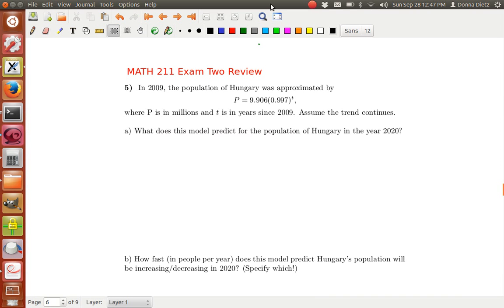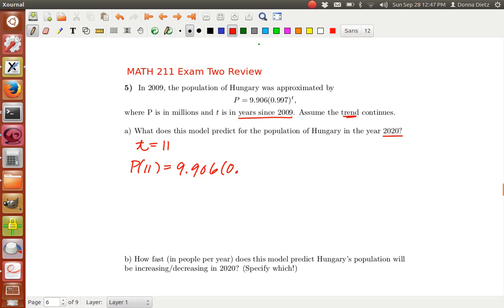Okay, so in 2009, the population of Hungary was approximated by this function, but it's actually approximating more than the population. It's showing you a trend, and it says what's it predicting for the year 2020. So the most important thing here is to make sure your t-value is correct. If it's years since 2009 and we're talking about the year 2020, then it has to be t is 11. So we want P of 11, and that's